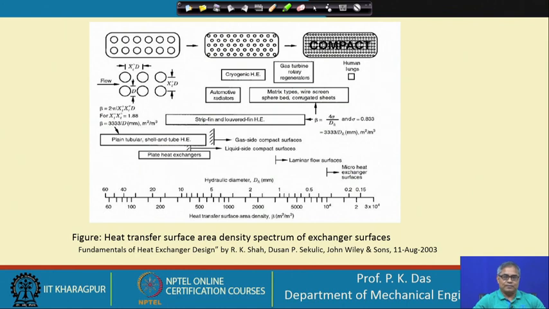The other thing is that if the passages are small, there could be a possibility of choking of these passages, because initially a heat exchanger is new and clean, but as time passes, we will have deposition on the wall of the heat transfer surface, which is called fouling, which is a very important aspect of heat exchangers. Time to time we will refer to fouling, and if time permits, we will also try to see how fouling occurs, how we can restrict fouling, etc.